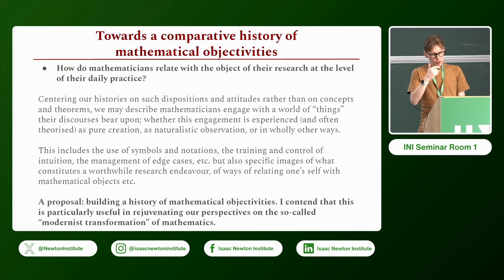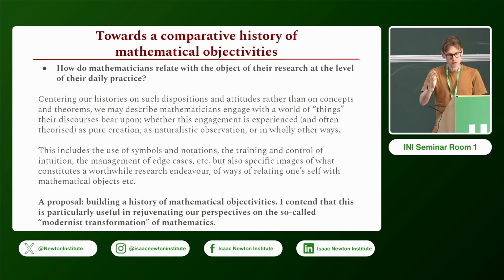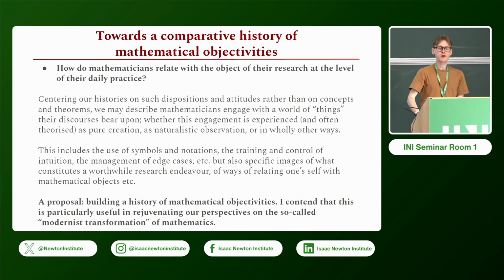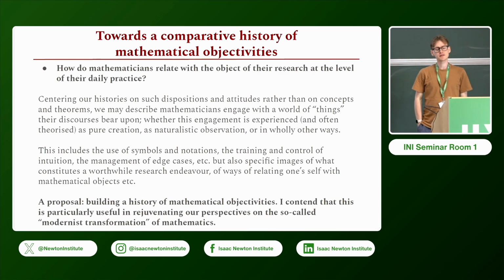And so I want to describe how several actors, in my case, in the theory of algebraic curves, come up with ways to carry out, to practice this objectivity. And I will try to suggest that we can map out several practices of objectivity, and that this provides new and interesting perspectives on not only the history of geometry, but the history of mathematics at this crucial junction writ large.